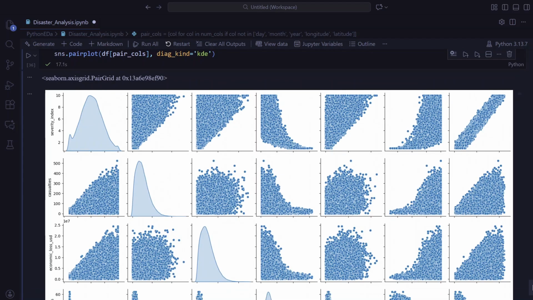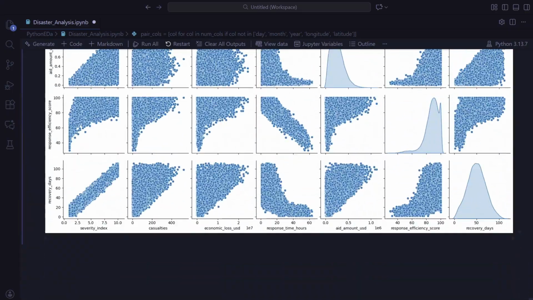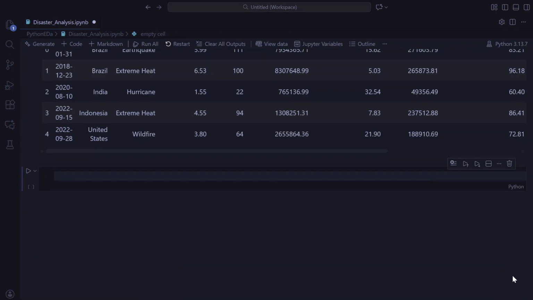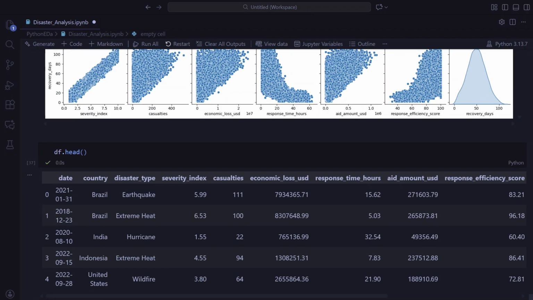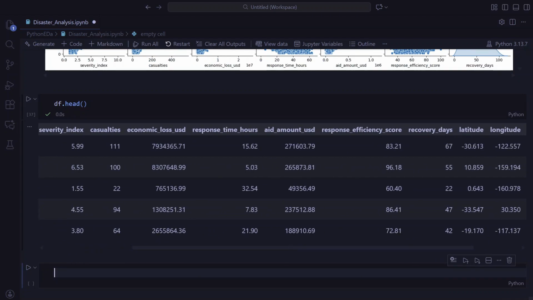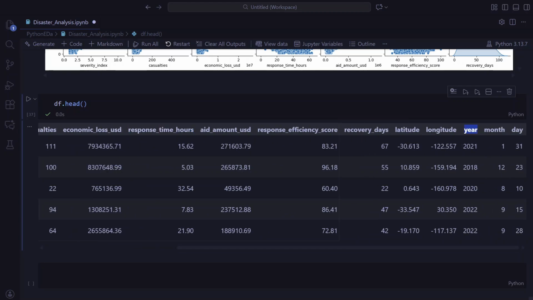And as you can see, there's a lot of points. There's 50,000 points on each one of these, so there is quite a lot closer together. So now that I have that done, I'm gonna go down here, do df.head. I want to see maybe use our year column. So I want to see maybe response time over the years. So did we improve our average response time by the year? So I'm going to say